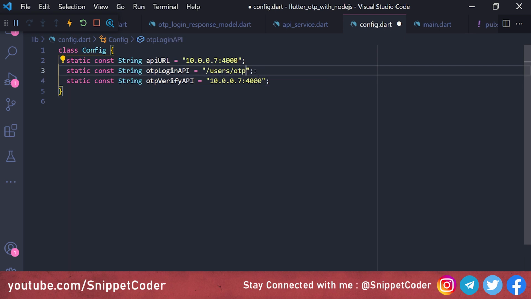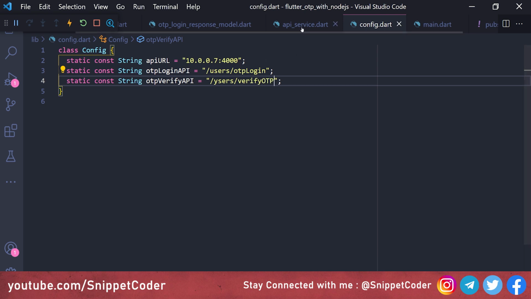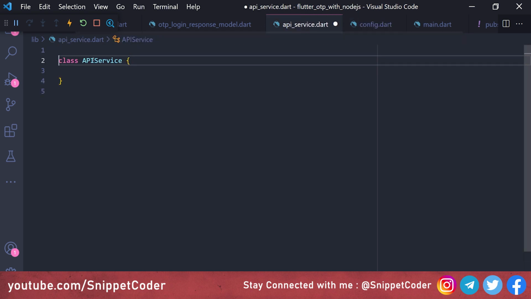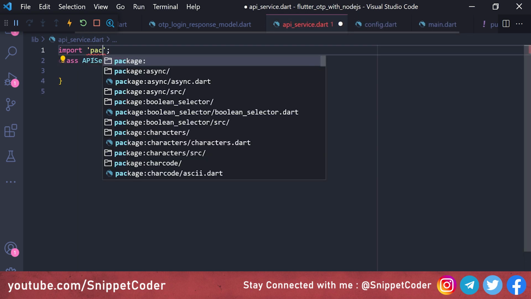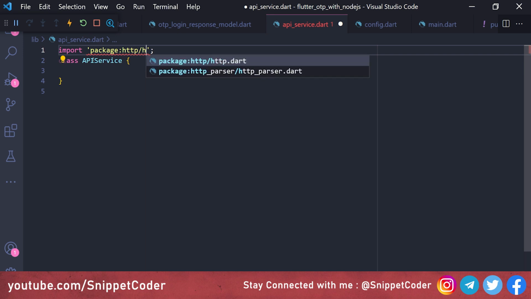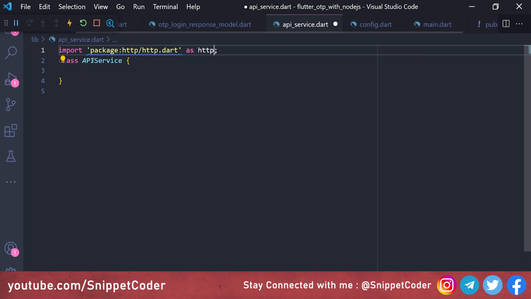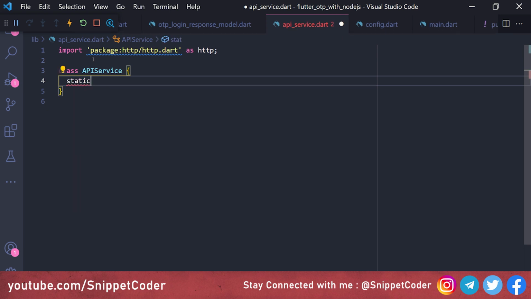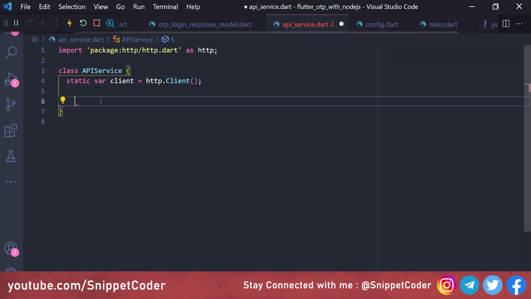/users/otpLogin, and this is the endpoint for our API. Then we have /users/verifyOtp. So now we will come back to our API service file, and here we have to import our package for http, package:http/http.dart as http, and here we will create one variable, static var client is equal to http.Client. Then here we will create one function, static Future<OtpLoginResponseModel>, and we will name the function otpLogin,